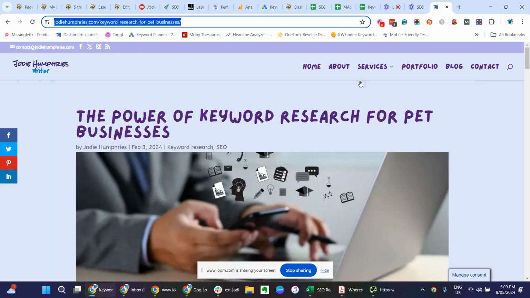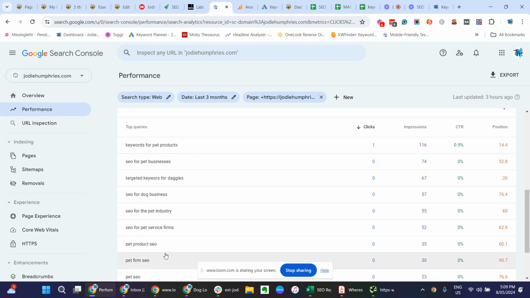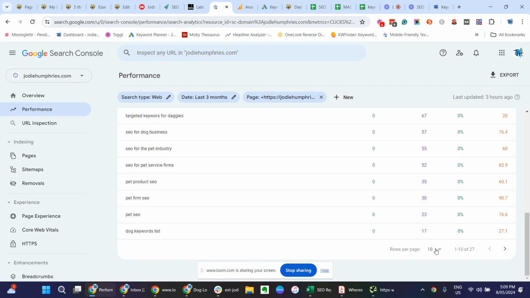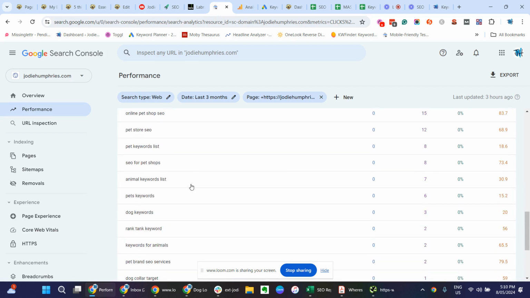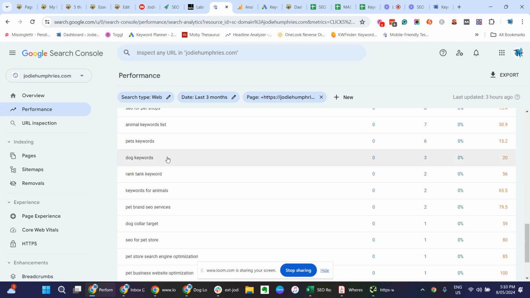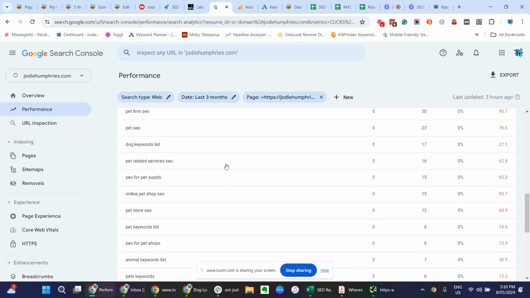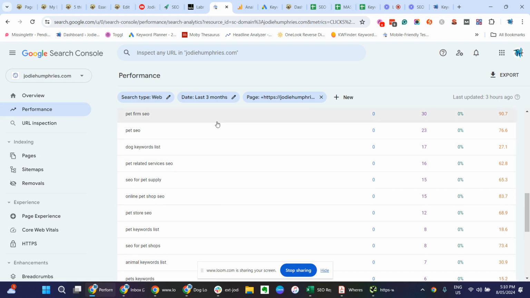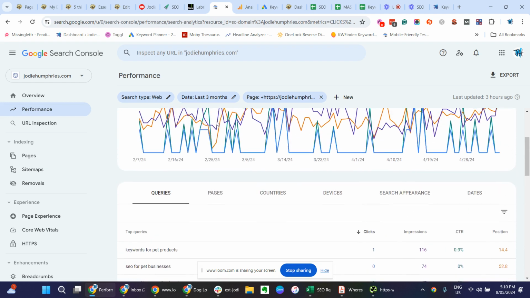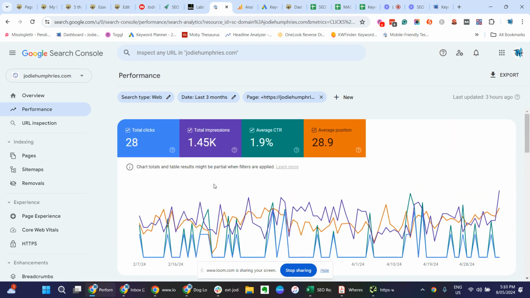It's my keyword research blog, but I would want other blogs like anything keyword related. I'm okay with that page having that, but broader, like SEO stuff, I would want one of my other pages to outrank that. I would want maybe my services page to outrank that. So it's about going, okay, how can I utilize this with that